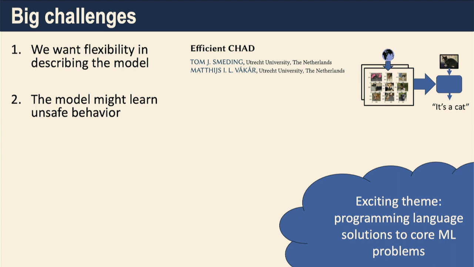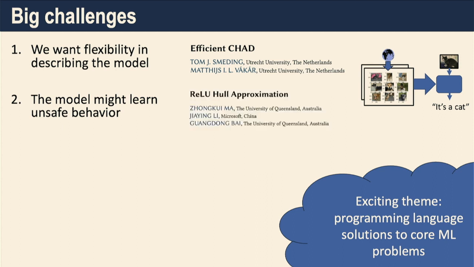This is a big, big problem right now in machine learning. Like, you might want to use your model for a self-driving car. The car needs to not run off the road. You need to be able to make sure that your machine learning model won't predict something that's unsafe, right? So this is where some of the ideas from program verification start to come to the fore and help us with some of these big problems in machine learning.